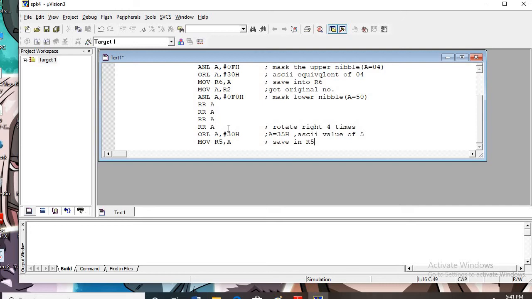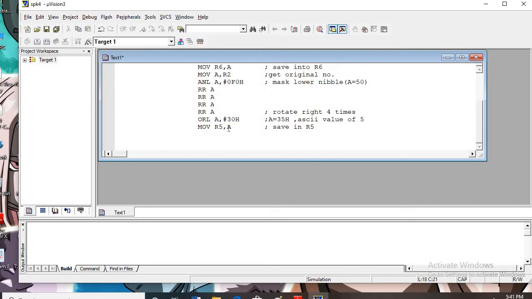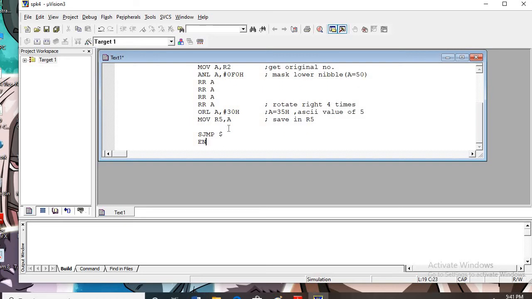Fine. And before that is a jump: I will use the $ sign, either write here or the $ sign. Fine. So let us save this code.